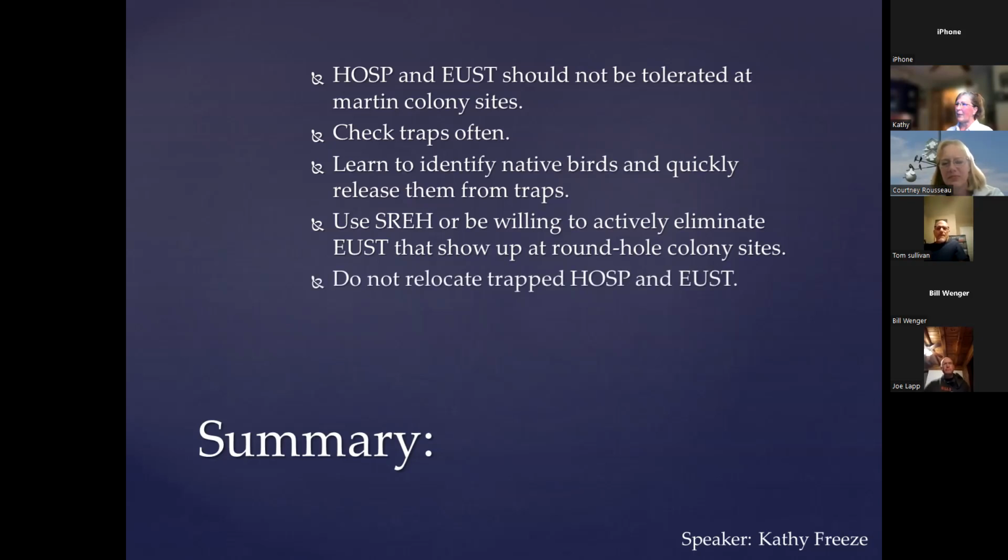And do not relocate house sparrows and starlings. Do not make your problem someone else's problem, please. And you don't want to drop them into another area where the bluebirds and the purple martins are, and by the way, this